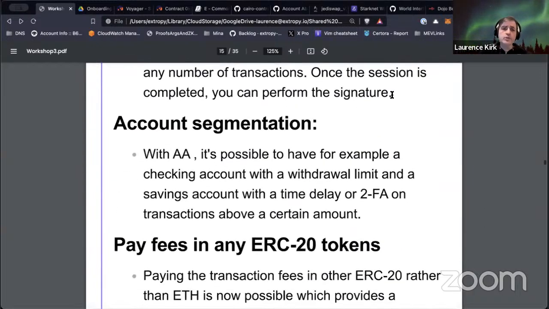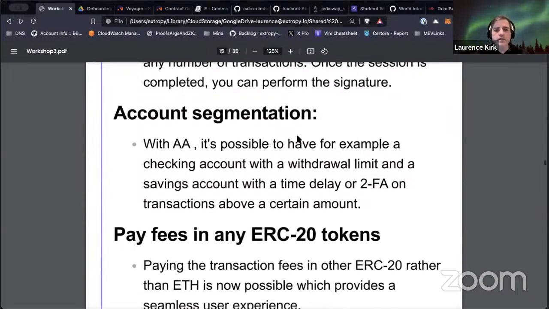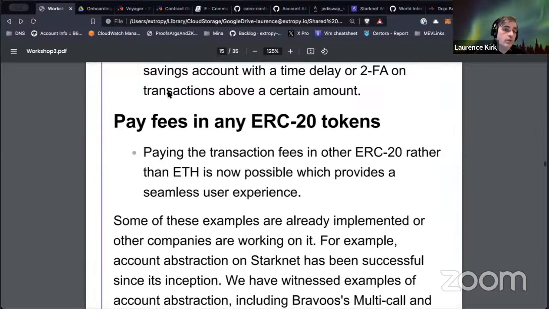Other things you can do would be to split your account into various parts and put a withdrawal limit on a certain part, and have certain parts as a savings account, and just split it up in any way that you like. And then one idea that has certainly been widely requested, I guess, is